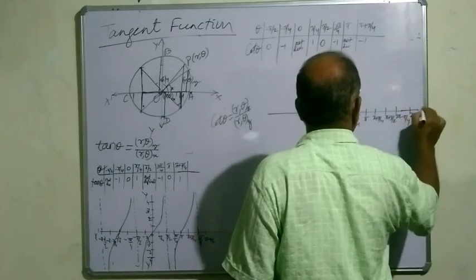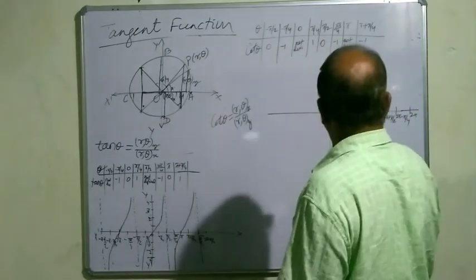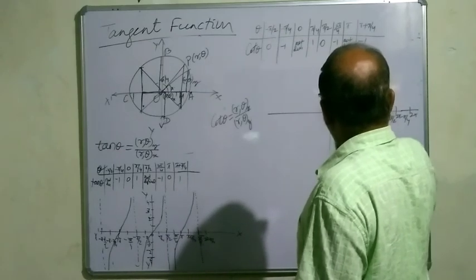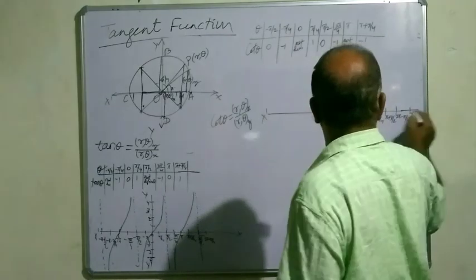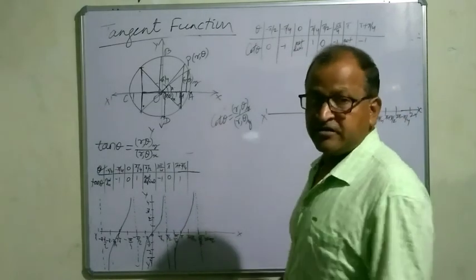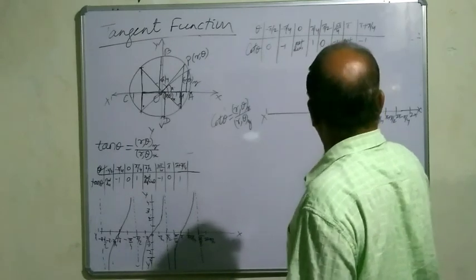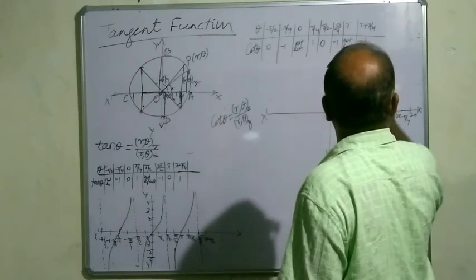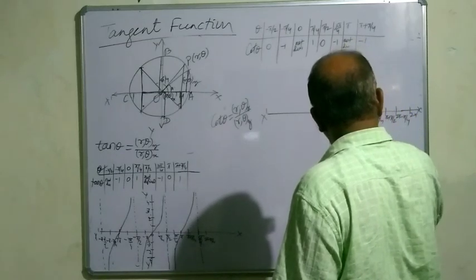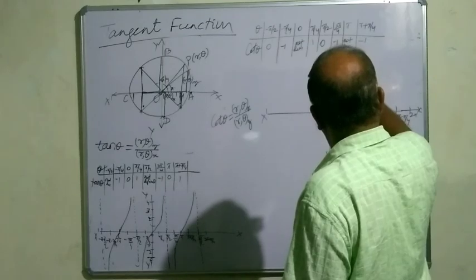Yes, 2 pi, right? Yes, I'll draw. You see, this is y-axis, this is x dash, right? So it will be the asymptote where it is not defined at 0 and at pi. You draw these points. The graph will be, you see, it is highly positive